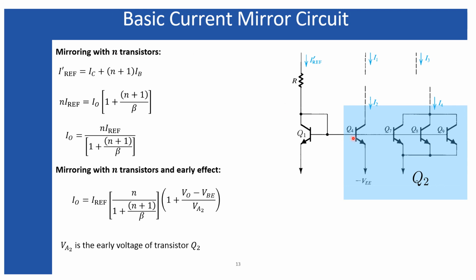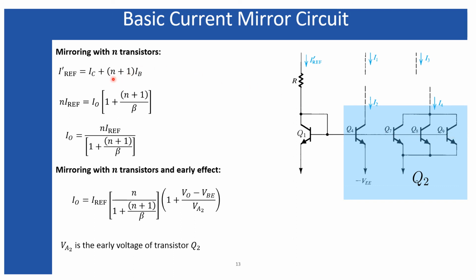So here is the idea. If this is a transistor Q2 which has an n times wider emitter base junction in comparison with that of Q1, then that can be represented by all parallel transistors which are drawing equal currents I1, I2, I3 from one reference current. So this I dash reference is capable enough to supply the collector current of this branch, this transistor Q1, as well as the base current for all of these transistors.